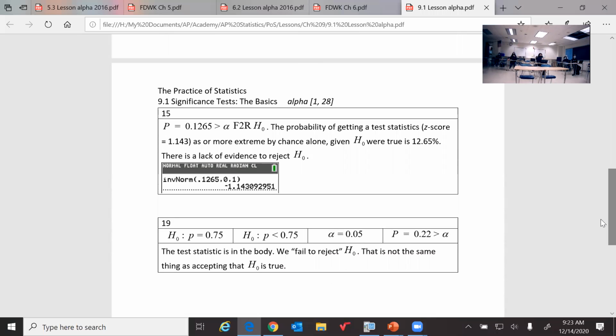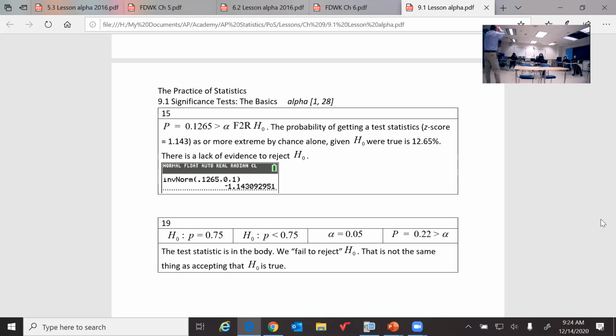Well, we have to compare that to an alpha level. In problem 15, it says at the alpha equals 5% level, meaning that's the threshold you pick before you collect the data. So we say 5% is the cutoff. If we get a p-value less than 5%, we're going to reject the null. If we get a p-value greater than 5%, we are going to